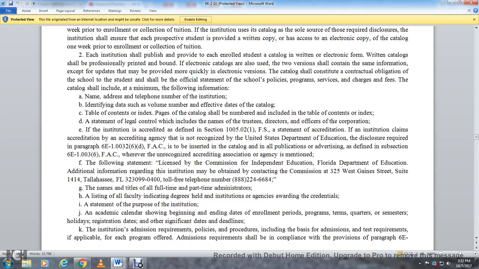As the following states, regulated by the Commission for Independent Education, Florida Department of Education, additional information regarding the institution may be obtained by contacting the Commission, 325 West Gaines Street, Suite 1414, Tallahassee, Florida 32399-0400, toll-free number 888-224-6684. Names and titles of full-time and part-time administrators and a listing of the faculty,